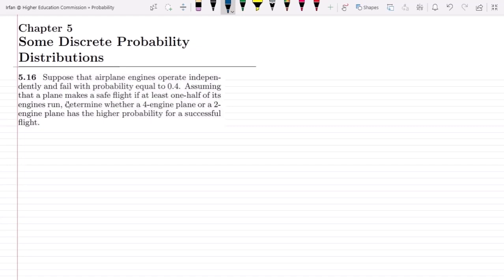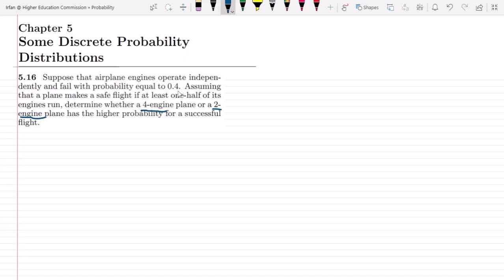Okay, assuming that a plane makes a safe flight if at least one half of its engines run, determine whether a 4-engine plane or a 2-engine plane has the higher probability for a successful flight. Okay, so here you can see the two scenarios in which we will have either a 4-engine plane or a 2-engine plane. We will also try to divide this question into two parts, but before that,